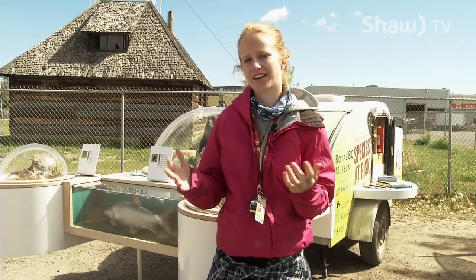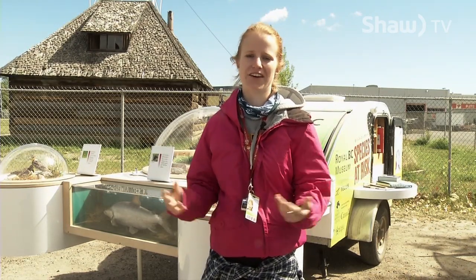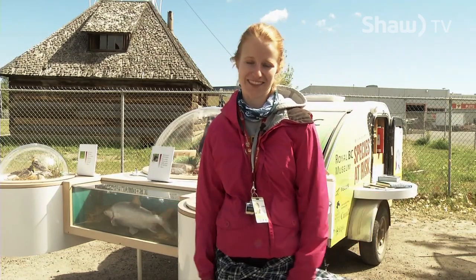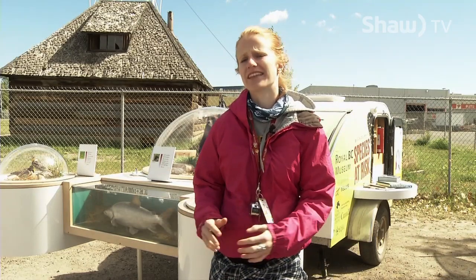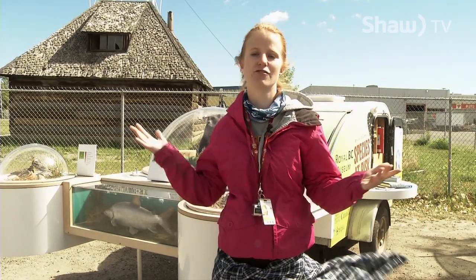It really looks at doing smaller things or larger things. Smaller things, such as having a native plant garden, are really essential for pollinators such as the bees, because as we all know, those are at risk, and bees are very important because they create our food. So something like that, or even creating community events where you go around and pick up garbage and do different events in your area to